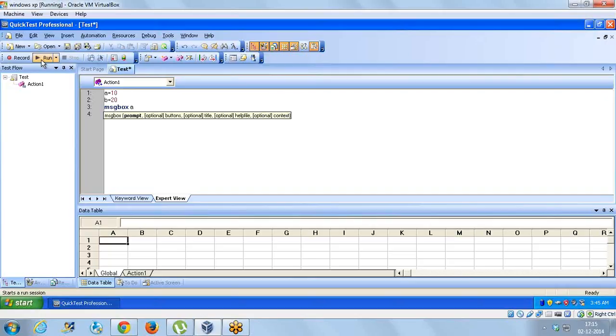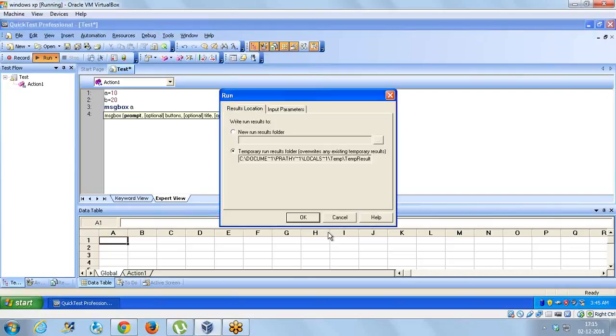Okay, fine. So we'll talk about arrays. Arrays are something which will store a value temporarily. So array